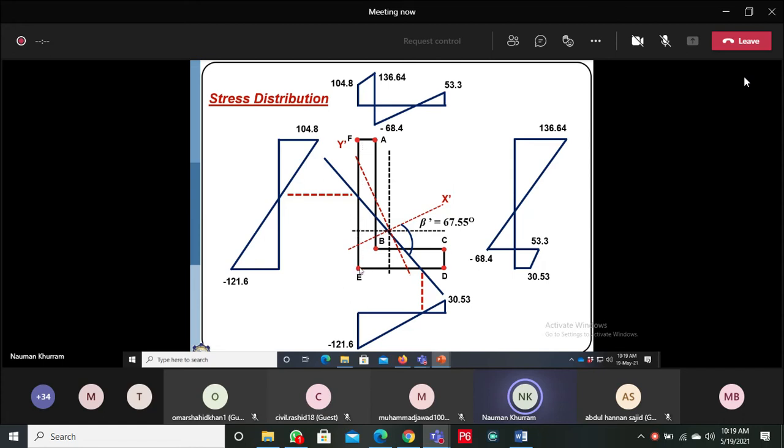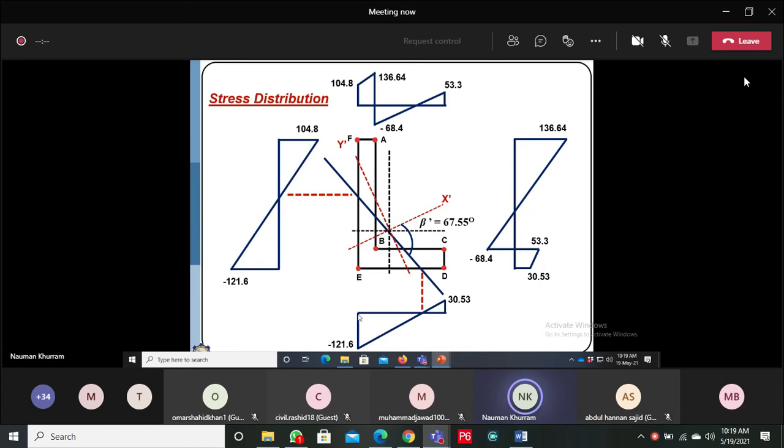So the stress value increases. So we have stresses that are 0 where the negative stress value is changing to the positive stress value. So if you draw a reference horizontal line, you can mark this point along this surface EF where the stresses are 0.